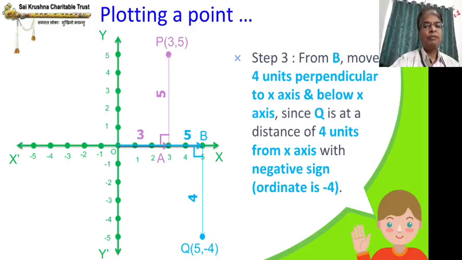One step is common if there are multiple questions. The second step is you have to locate on the x-axis the x value, and for the y value you have to go parallel to the y-axis depending on the direction. So you have to see the direction, as in the previous one also, for the x coordinate also, y coordinate also. So hope all of you understood.